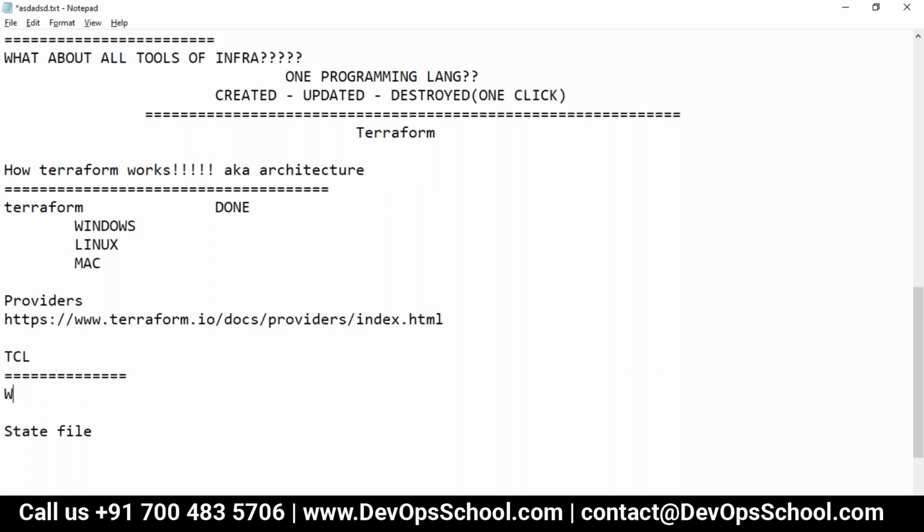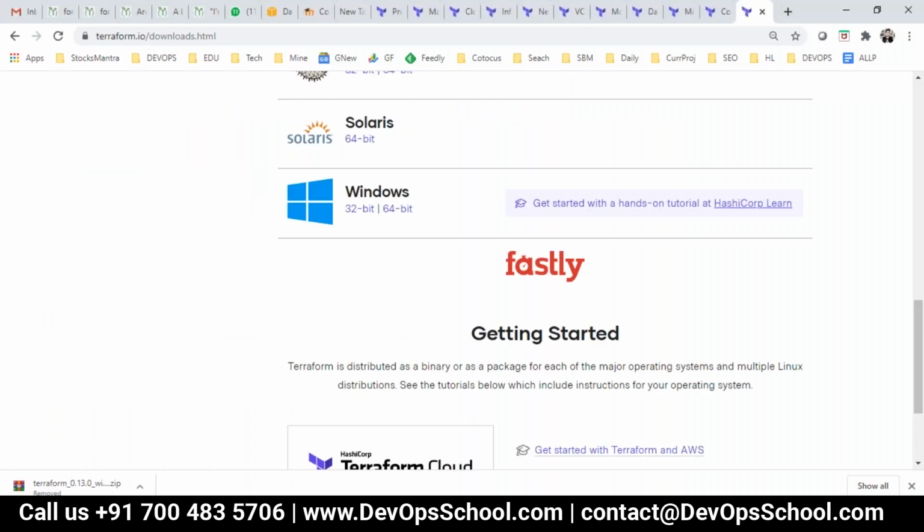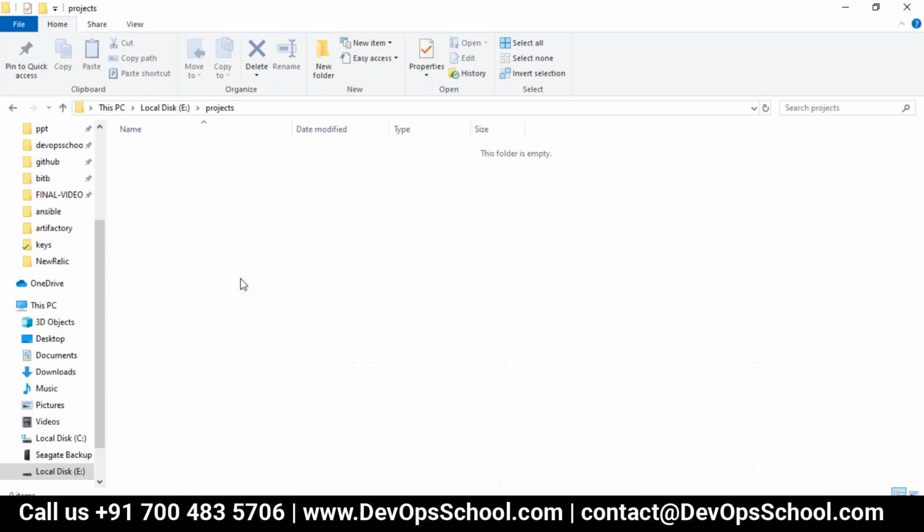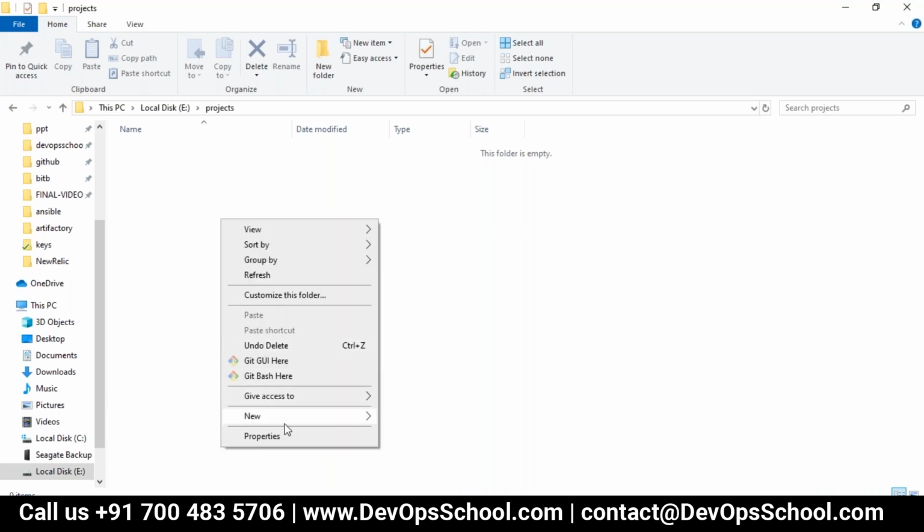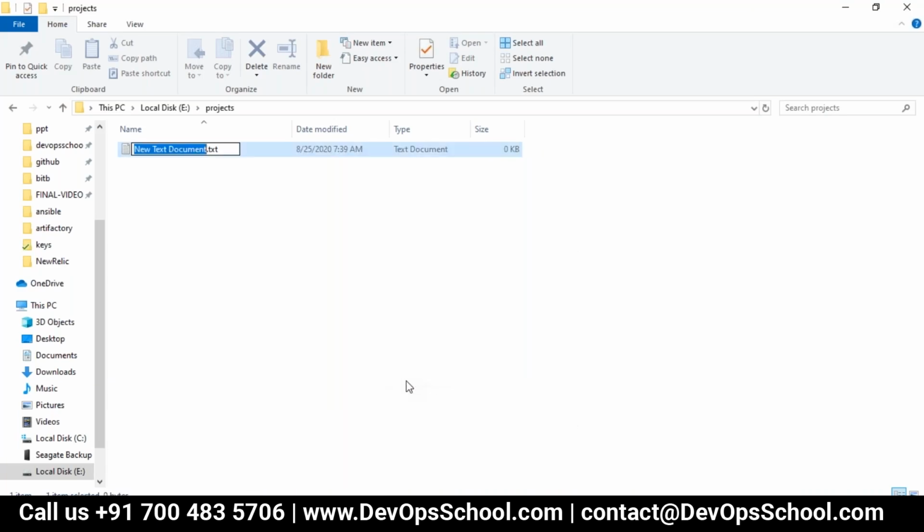So where to store Terraform config language? Okay, so the answer is .tf. Okay, that is the answer. So how many files can you store in this? You can store as many files as you want. So here you can have one .tf for